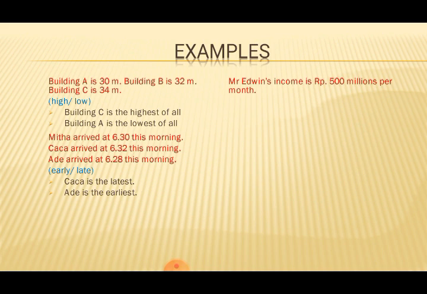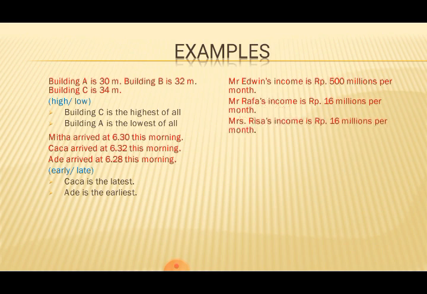Okay, another examples are: Mr. Edwin's income is 500 million rupiah per month. Mr. Rafa's income is 16 million rupiah per month. Mrs. Risa's income is 16 million rupiah per month. And here we will use positive, comparative, and superlative degree for the data, and the statements are: